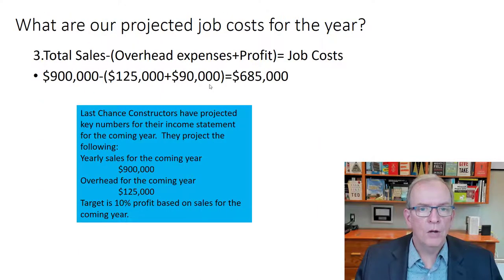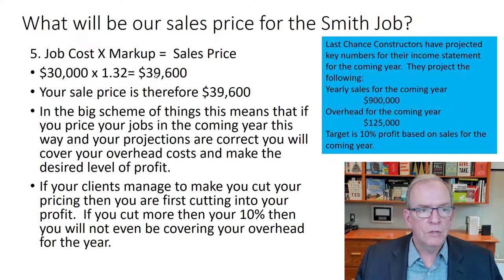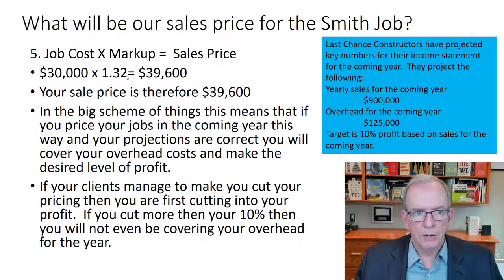1.32. So that 132%, basically all you're doing is you're multiplying the number itself, right, when you get into the job, the 30,000, so it's just keeping that there, times, and adding the 32% markup, not adding, but multiplying. 1.32 equals 39,600 when we multiply that. So that's got our base amount, the job cost at the end of the day, plus our overhead and profit as the multiplier. So I can easily see then 39,600,